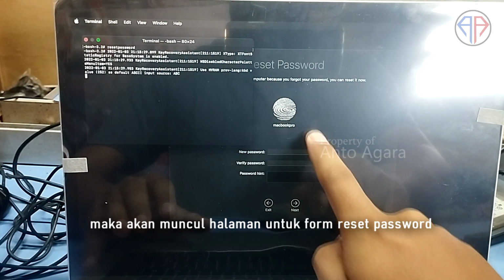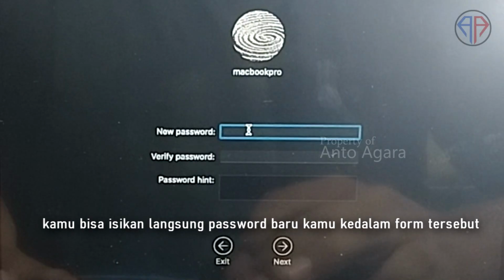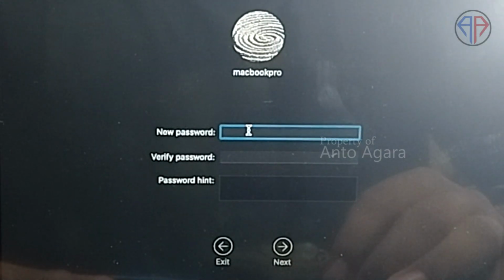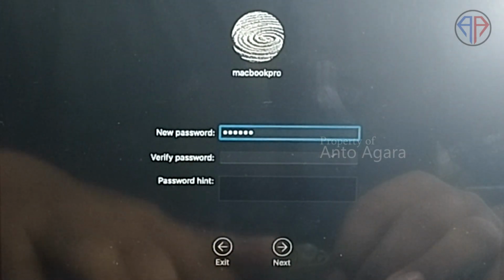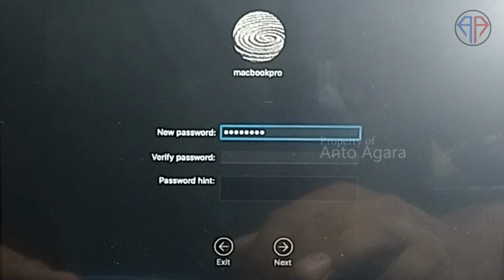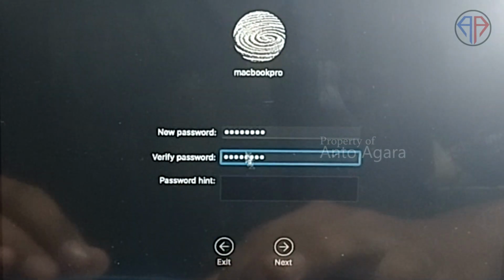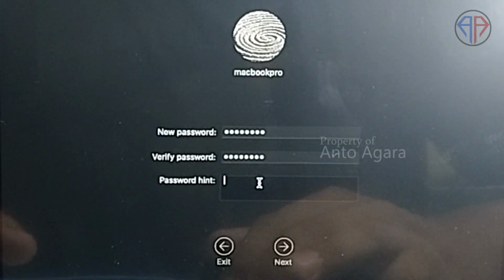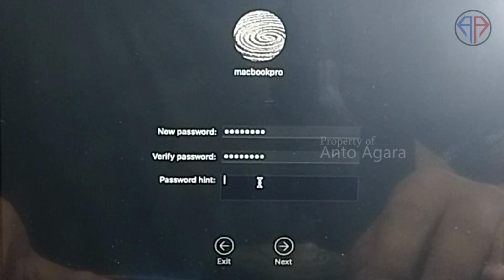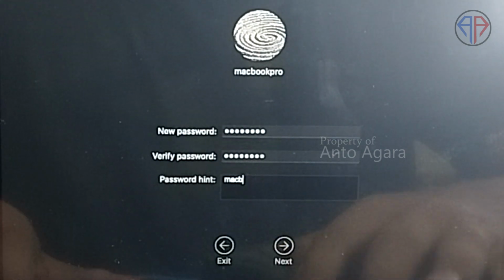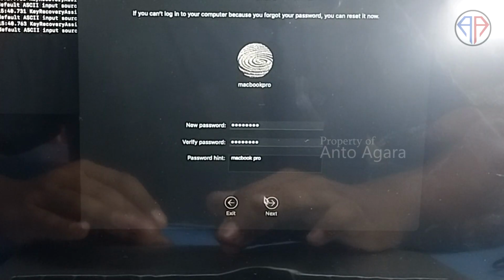Then a page will appear for the password reset form. You can enter your password directly into the form. Then select Next.